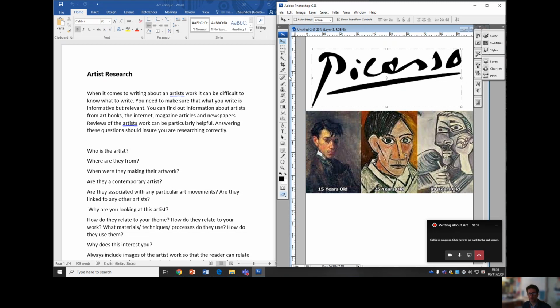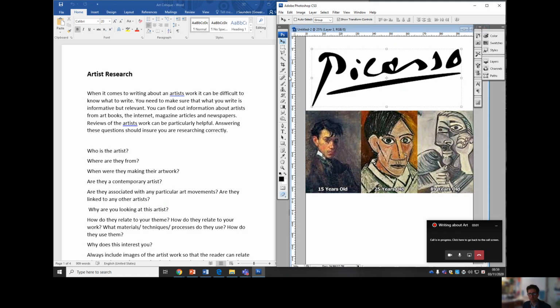Are they contemporary artists? Well, this is a modern artist, I'd say, but contemporary usually refers to artists that are working today. It's important to understand some of these terms. So, as I say later, keep a dictionary or thesaurus next to you, or Google when you don't understand things, and it'll all become a bit clearer. It's important you work through this period where you're learning a vocabulary to express yourself when talking about artists.